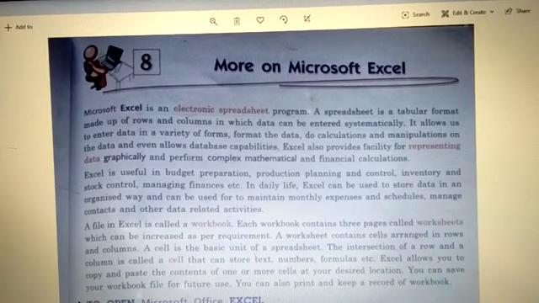Children, in last class, we studied about undo and redo command. Undo and redo is used to go back to certain steps that we have taken, right? If you want to undo your steps, undo your commands, you will use undo command, right? If you want to repeat some steps, what you will do? You will use redo command.